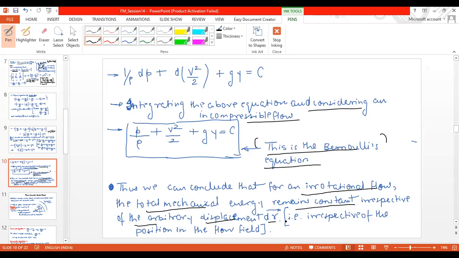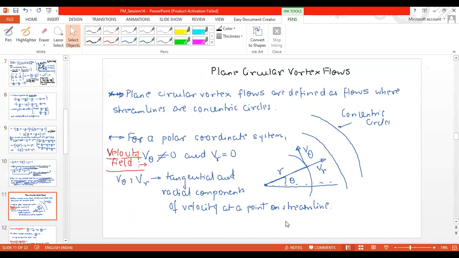They never state that it is constant along a streamline, or it is constant in a direction perpendicular to the streamline, or it is going to vary from one streamline to another streamline. They never say this. They simply say the total mechanical energy is constant. So you should be the one who should know that this is true only when the flow is steady, inviscid, incompressible, and irrotational. Correct? So these four terms you have to keep in your mind. Correct? So for today, I think this will be enough, but let us visualize this physically.